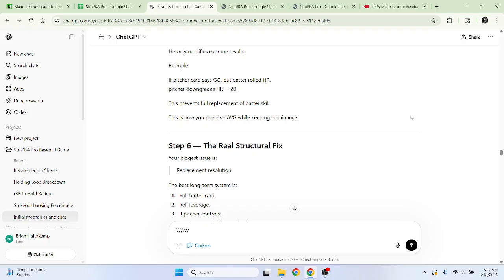So if the pitcher card says ground out, but the batter rolled a home run, the pitcher downgrades the home run to a double. You see this sometimes in card games. I can't think of a game, but maybe Replay. I can't remember. There are some games where you roll off the batter card and a situation comes up, and then the pitcher can modify that situation and turn a home run to a ground ball. I've used the same thing in systems before,